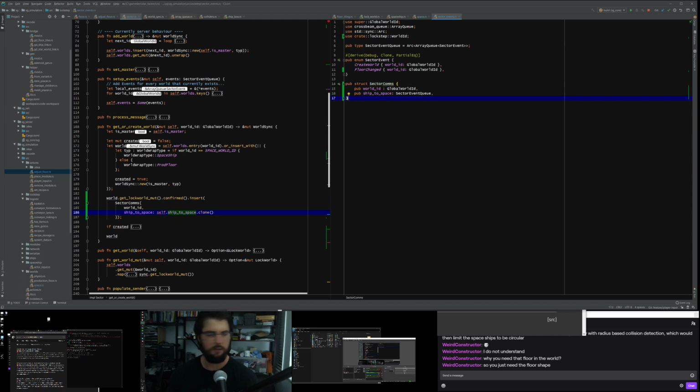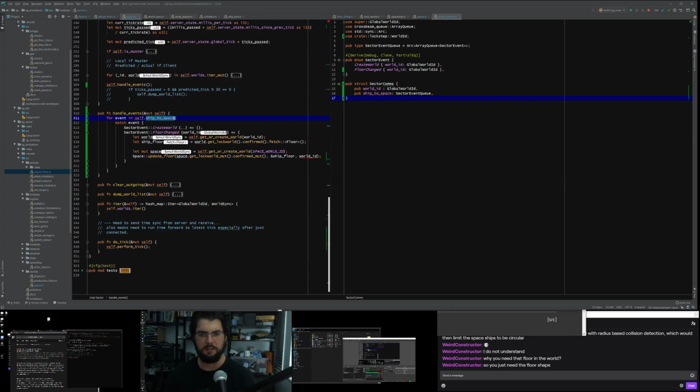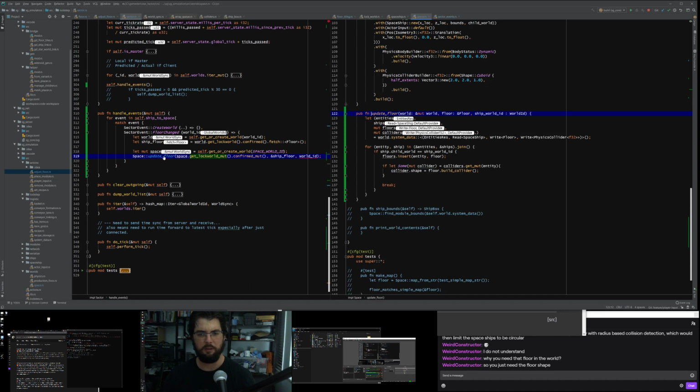We should see the event. That event should trigger, when the event comes through, it should go to ship to space. Ship to space should realize that floor change was called. We should then get the relevant ship, pull out the floor, turn around, get the space world, and shove the floor back into that one by calling update floor and passing the new floor in. And inside here we will find the relevant ship that matches, and then we will shove the floor into the relevant ship, and then we'll trigger a collider update. It should be very interesting to see if this works. Run.